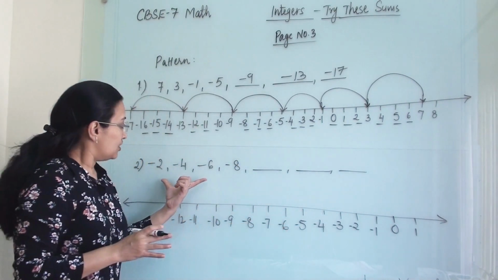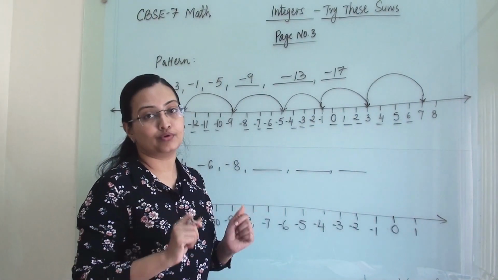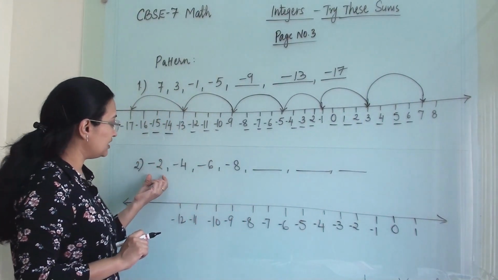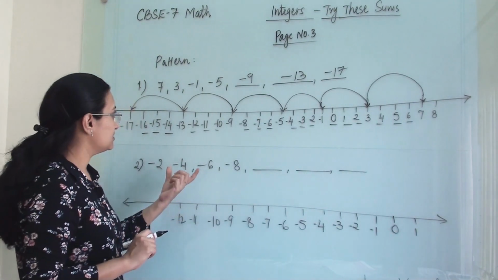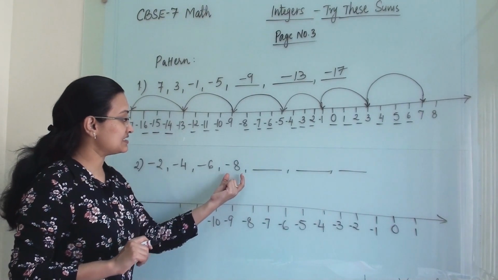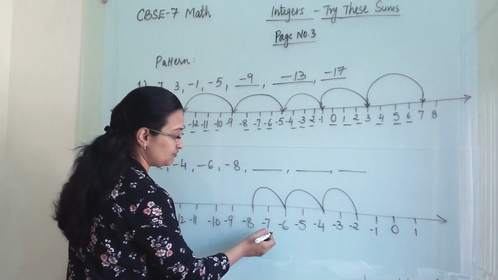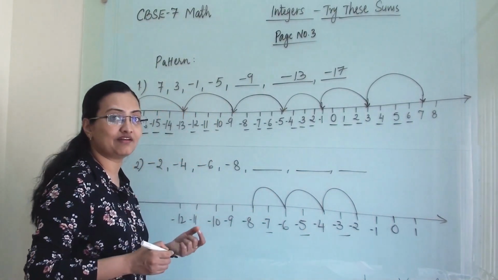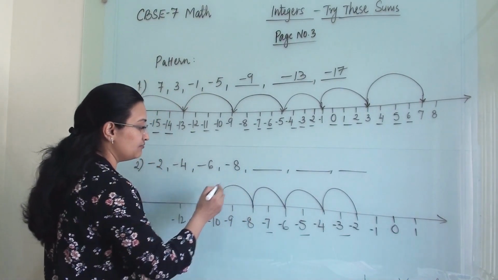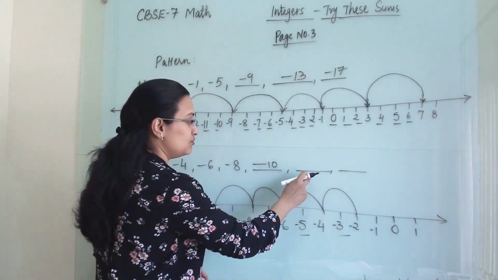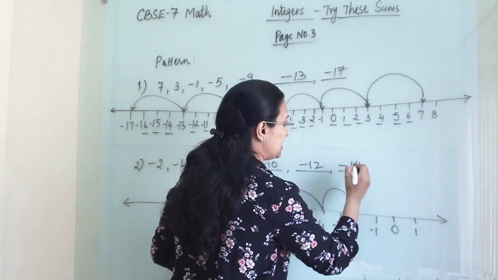If only a group of negative integers or a group of positive integers is there, then you can count on and write. This is easy. See, only negative integers are there, so we know the next number which will come is negative. So minus 2, minus 4, minus 6, minus 8. We are skipping one number in between, writing all even numbers and skipping odd numbers. So after minus 8, we get minus 10. Now we can guess easily that the next number will be minus 12, and the next will be minus 14.